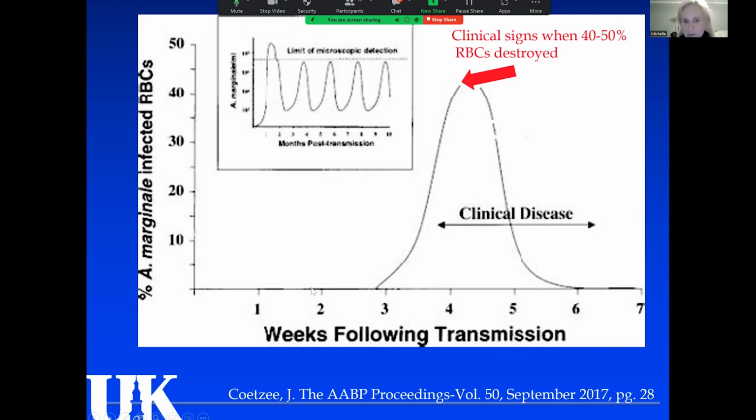So it takes 2.5, almost 3 weeks for that bacteria to continue infecting, and then the red cells getting pulled out as well. When 40 to 50% of the red cells are actually destroyed, that's when we start seeing the signs of disease. So it might be 3 to 4 weeks after they're